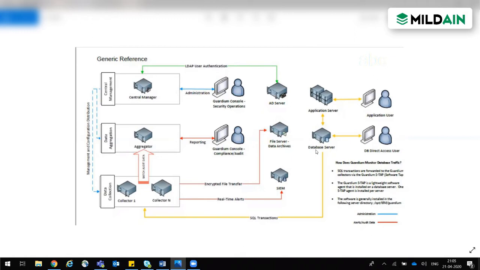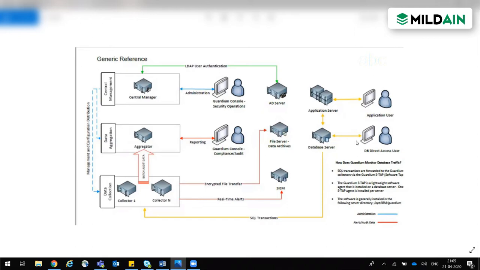The requirement of Guardian is to check what all the DBAs are doing on the database servers, because database servers have all the data of the environment, and they are doing every operation on that sensitive data, which can lead to a data leakage from the environment, right? So IBM comes with a solution that can monitor on a real-time basis what DBAs are doing on the database server.